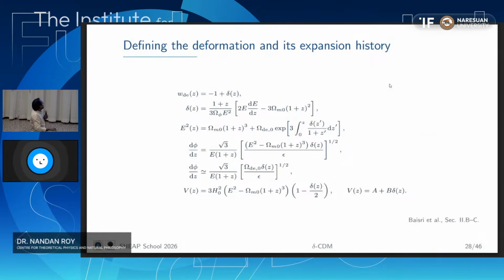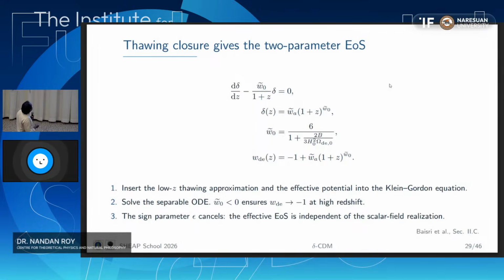So this is called thawing, and this is a very good approximation because you don't mess up the early observation, because w is -1 at early times. It behaves as a cosmological constant. So when we put these two